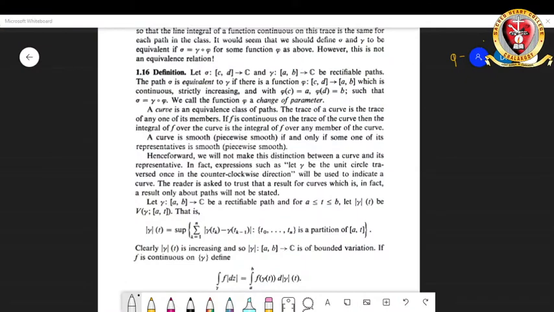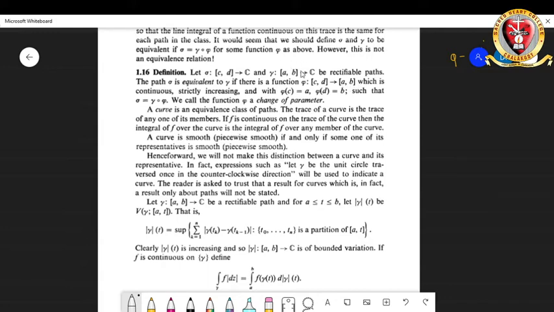In this video lecture, we are winding up with the Riemann-Stieltjes integrals section. Let's start with a recap of how we defined two equivalent rectifiable paths. If we are given two rectifiable paths, meaning they are both of bounded variation, both of them are said to be equivalent to each other if there exists a function C from the closed interval [c, d], which is the domain of the first path, to the closed interval [a, b], which is the domain of the second